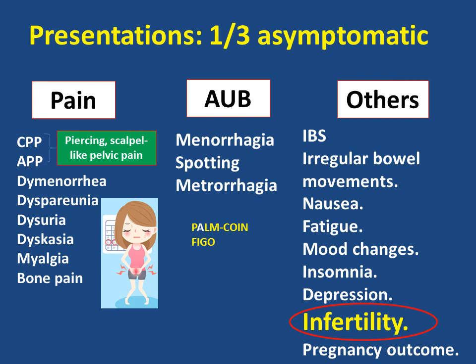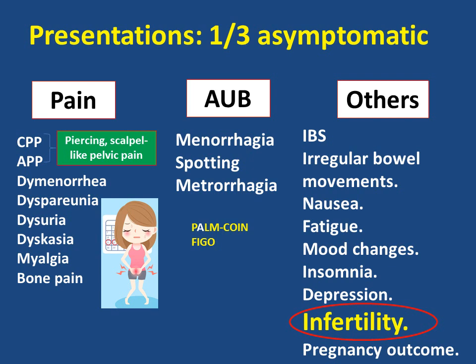Do all patients present with complaints? No. 1/3 of our patients will be asymptomatic, no symptomatology. Just 2/3 will start to complain. Complaint will be pain. In most cases, this pain may be chronic pelvic pain, more than 6 months, or acute pelvic pain, which is characteristically piercing, scalpel-like pelvic pain, very painful, very agonizing, and sometimes the pain is dysmenorrhea, congestive dysmenorrhea, dyspareunia, dysuria, dyschezia, and muscle pain, generalized muscle pain due to anemia and exhaustion of this pain,